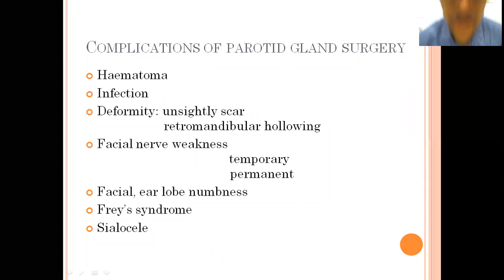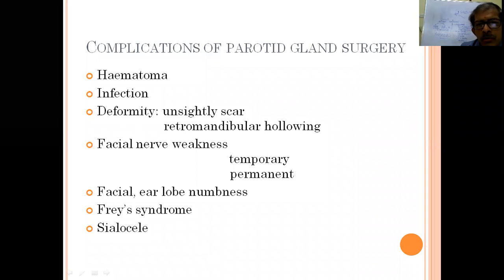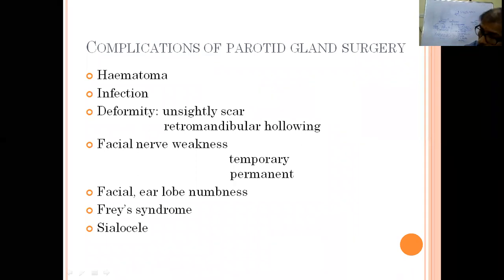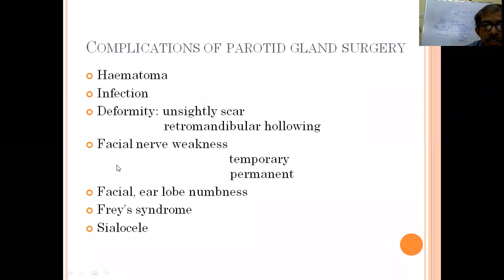So the name also starts with S only. It is Sistrunk incision. Sistrunk. Where else have you heard about this Sistrunk? What is that? Anybody? Yeah, thyroglossal cyst, correct. Thyroglossal cyst excision is called the Sistrunk operation. Right. So we give a lazy S incision to prevent an ugly scar. If you give it anteriorly like this, it will be very ugly. We should never give it like that.